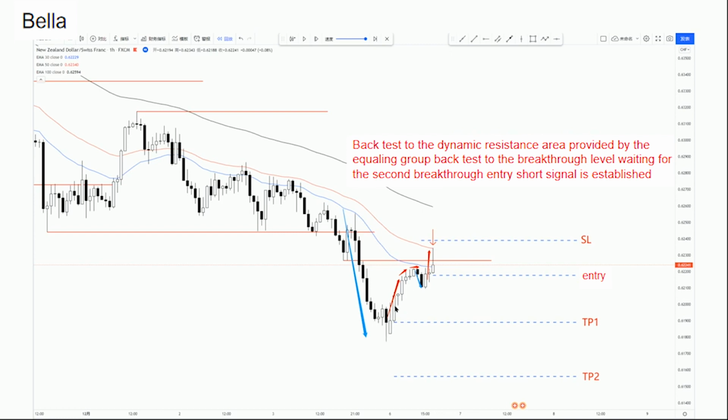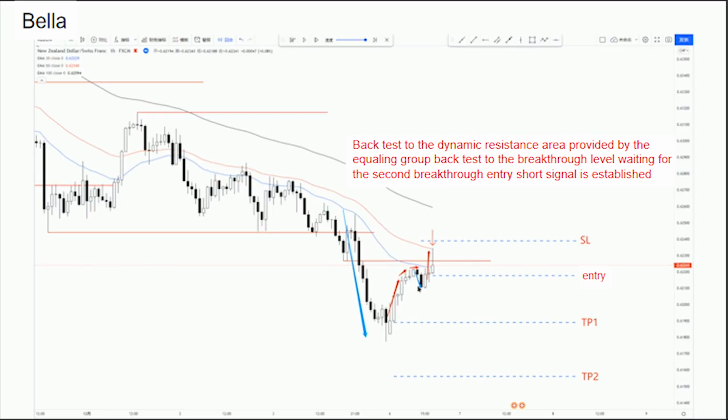There is no entry signal given to us, no return to the dynamic resistance zone, no retreat to the breaking point, and no strong entry signal where a friend in a hurry to enter will be trapped. After a brief correction, the bulls are back in action, but we know that the overall market backdrop is favorable to the bears and most bull reversal attempts will fail, providing us with the best opportunity to